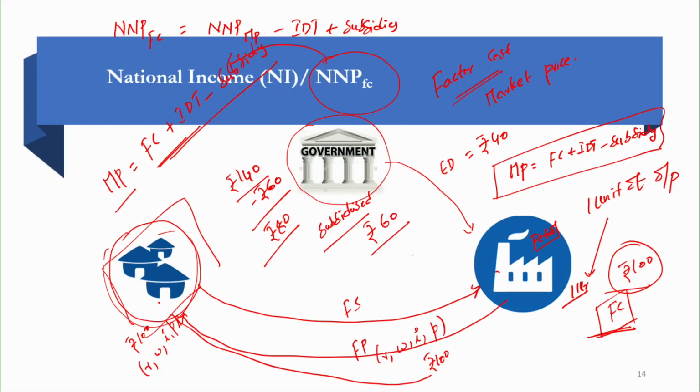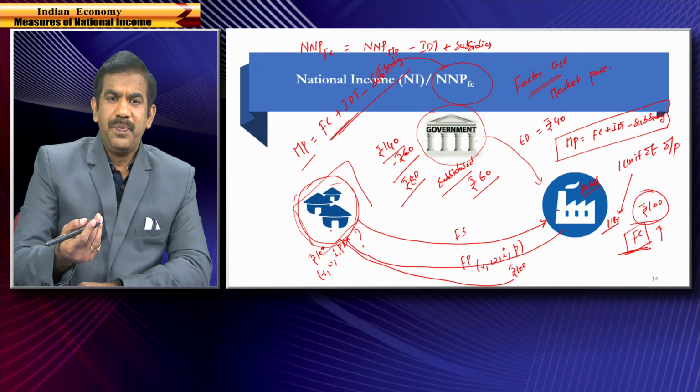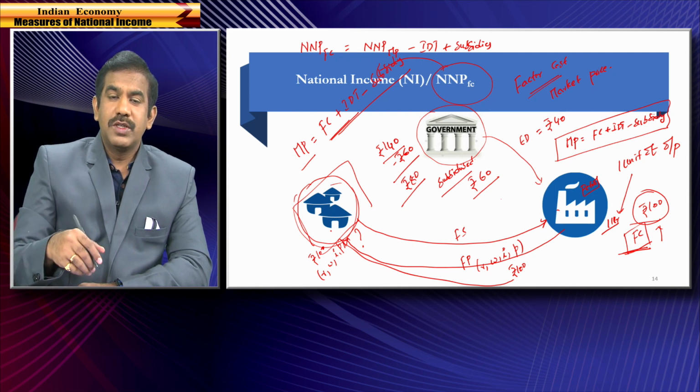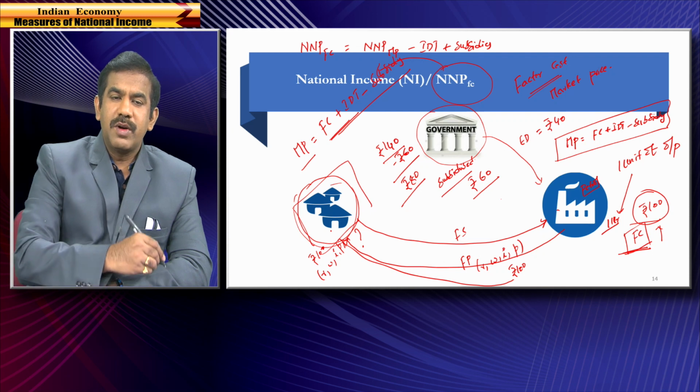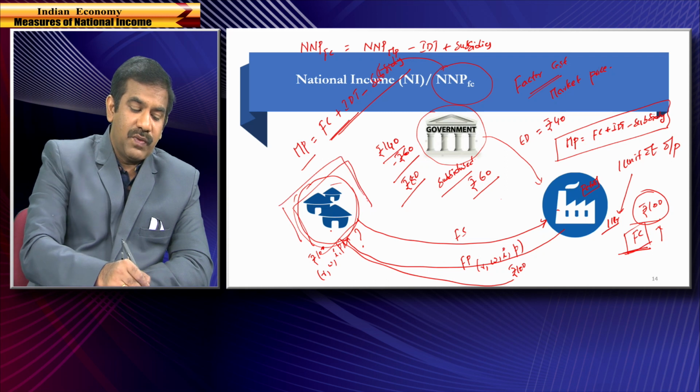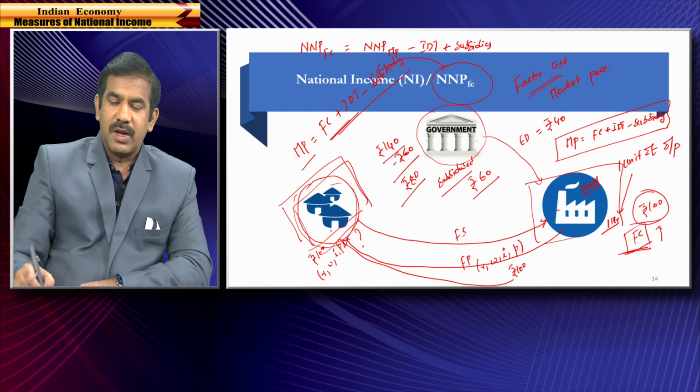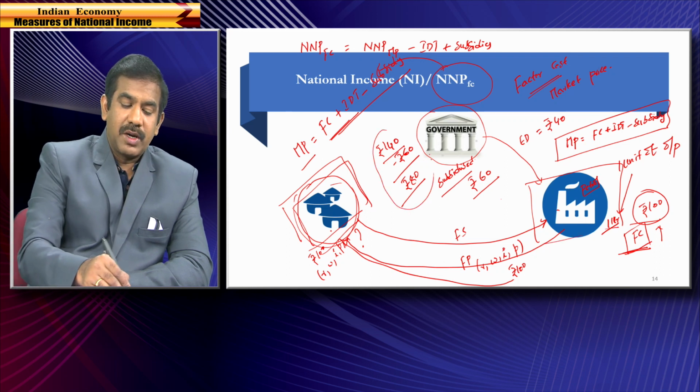But at the end of the day, what is the income really received by the factors of production? Whoever is participating in the production process is only rupees 100. And when would this factor income of these people increase? Only when the production by the company goes up. So, if the company produces now 2 liters of petrol, what would be the factor income earned by these people? It is going to be 200 rupees. If the company now produces 10 liters of petrol, what would be the factor income earned by the people? It is 10 multiplied by 100. So, the factor income or the income earned by the factors of production increases only with an increase in more production of goods and services by the company, not simply with change in the market price.